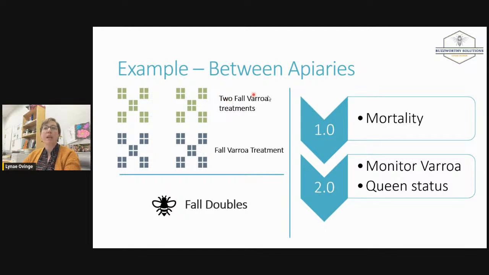Another example, this is a between-apiaries type design. Let's look at our normal fall treatment, and then let's say, you know what, this isn't cutting it. We need better Varroa control, and compare it to using 2 different fall treatments. So this might up your survival a bit. We're looking at doubles going into fall. And just like I talked about with my beekeeper friend, an easy measurement of that is mortality. So just look at the deads in the spring. But if we want to get more complicated, we can start measuring Varroa between those groups. And also we can look at the queen status after the treatment, because we know we have some treatments out there that can kill more queens.